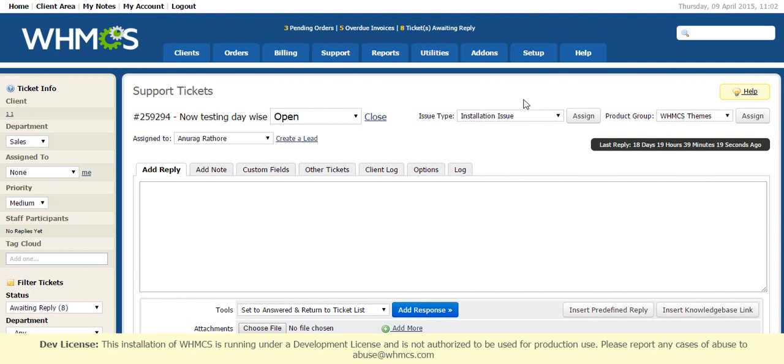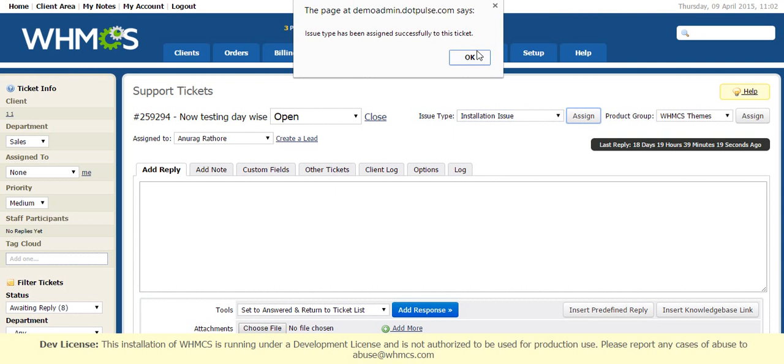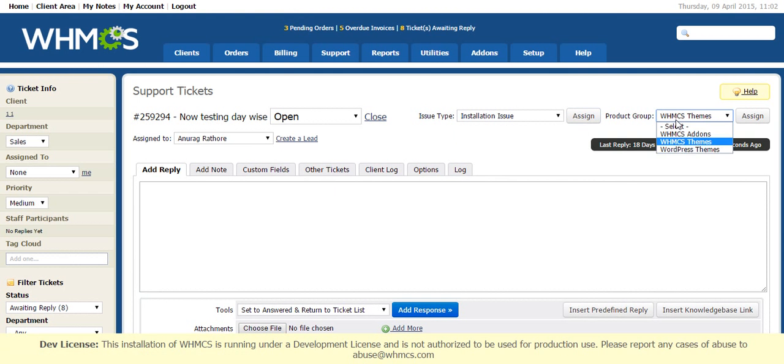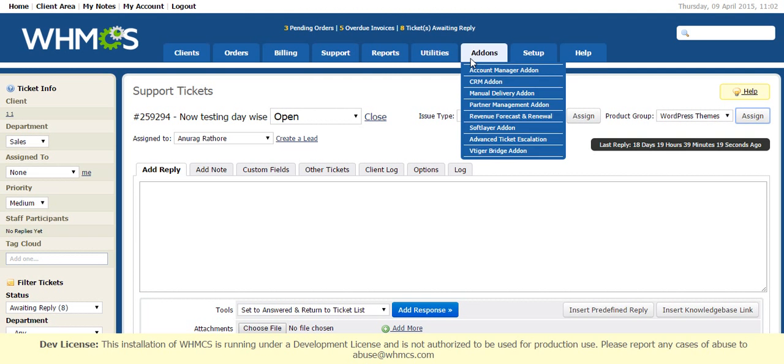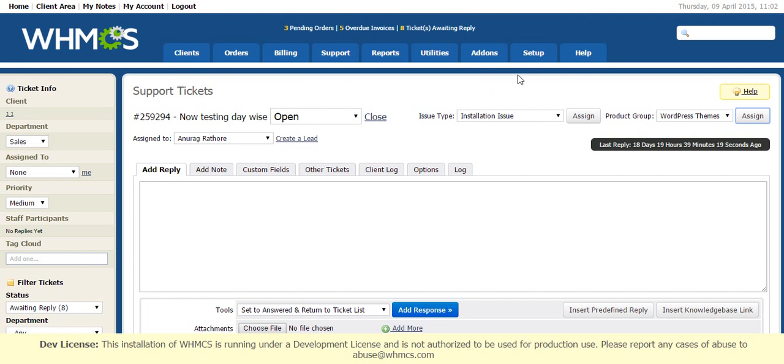You can associate any issue type to that ticket. You can also associate a product group to that ticket. You have to follow this step for all the new tickets opened, once, so that advanced escalation rules can apply on them.